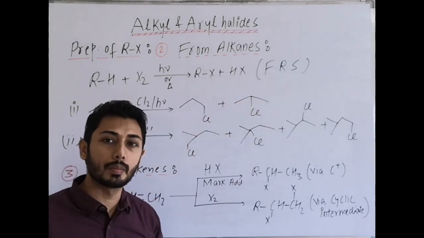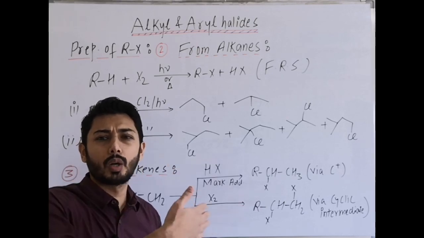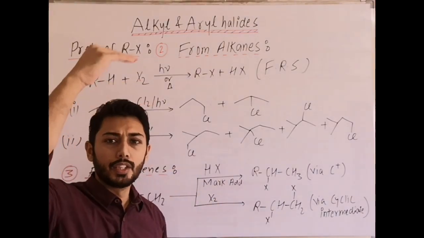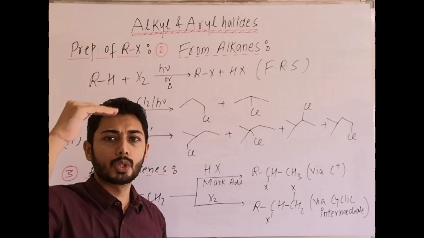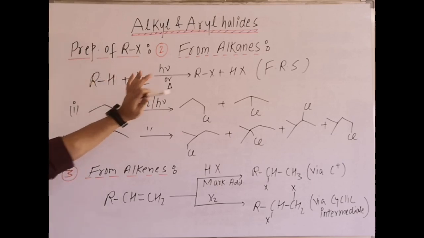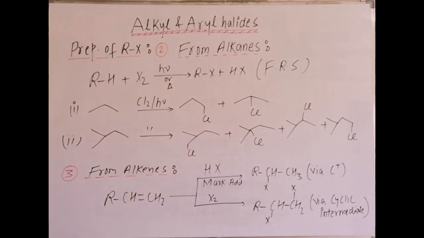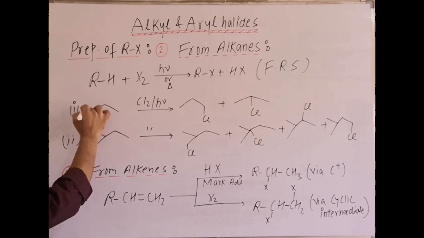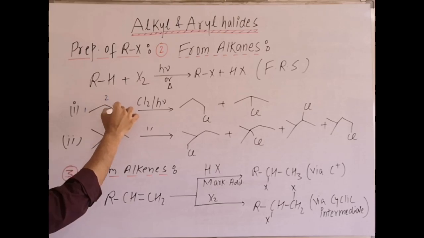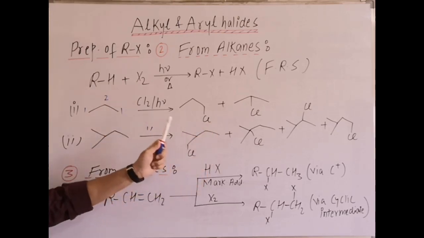Free radical substitution. Remember this mechanism also, in the hydrocarbon topic or alkanes we have done it in detail: chain initiation, chain propagation, chain termination. So here we are simply doing substitution of one H by one Cl, and in the reaction the free radical R radical is formed along with other radicals also. Example in this case, that is propane. How many types of hydrogen do we have? We have two types of hydrogen. That's why we get two structural isomers.